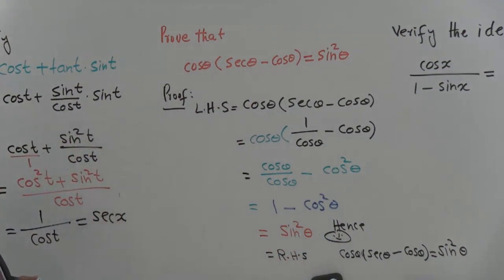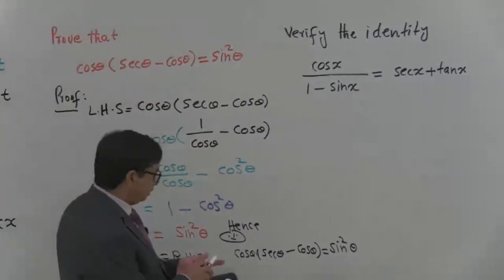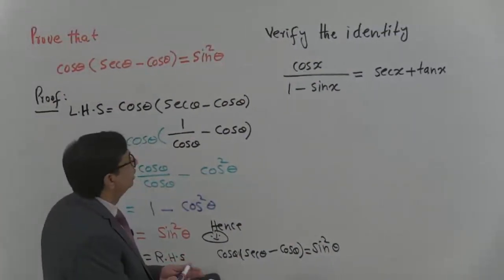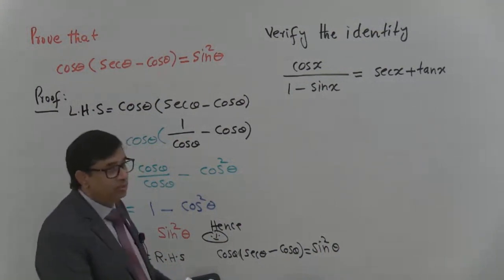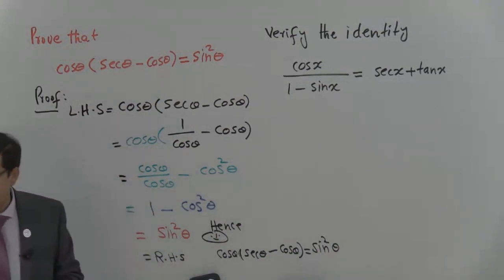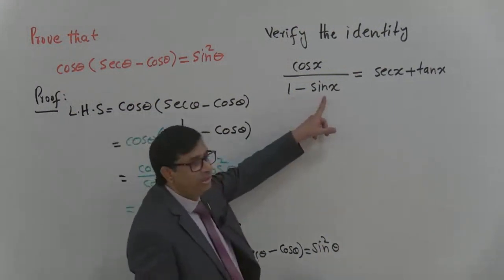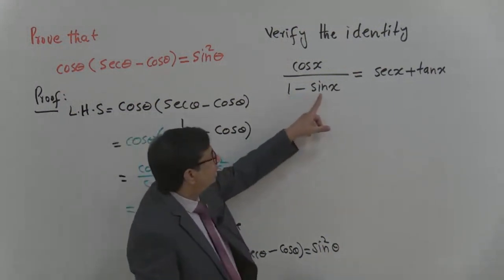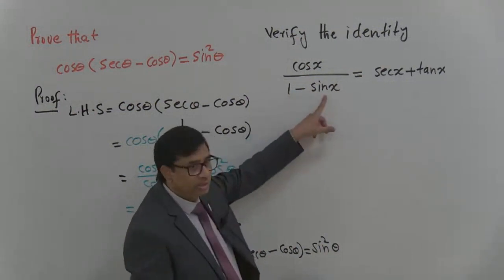Let's try another question. Verify the identity cosine x over 1 minus sine x equals secant x plus tangent x. This question has a special technique to solve it. When you find 1 minus sine x in the denominator, 1 plus sine x in the denominator, 1 plus cosine x in the denominator,